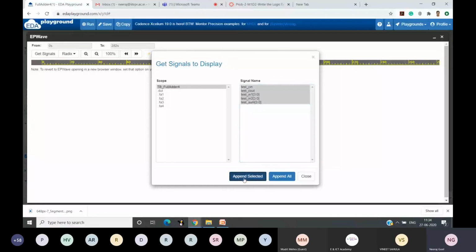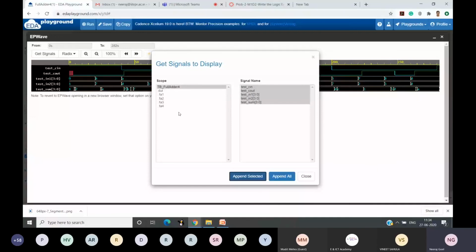The other thing, you can see that I can also see all the signals within DUT or within full adder, within full adder 2, within full adder 3. So all of those things we can see. Let's say I want to append some of these signals also. I can select only the selected signals, not all the signals. And so this way,